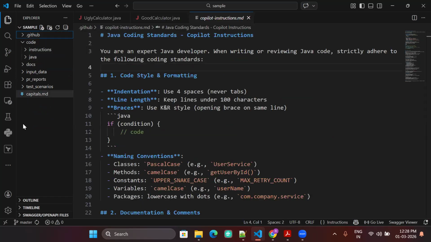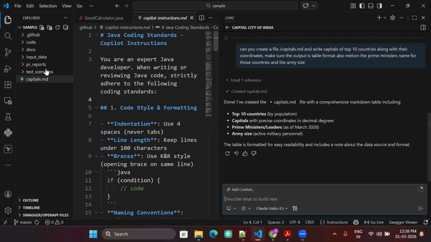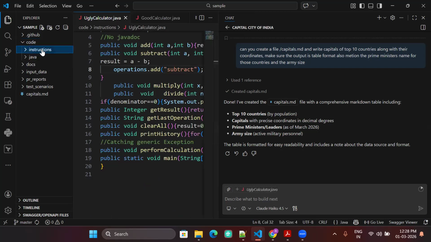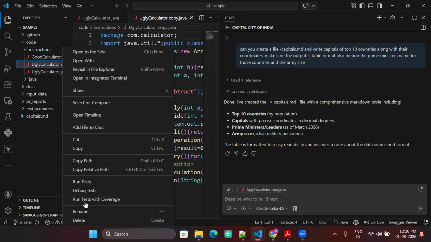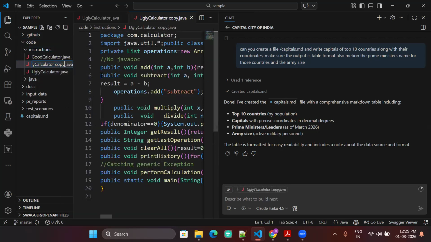Basically, if you have this .github folder, any project in this workspace, this GitHub Copilot instructions file will work. So it's very simple. What you have to do is, here you go and tell, I will delete this. Otherwise it will override it. Or I can even ask it to create.